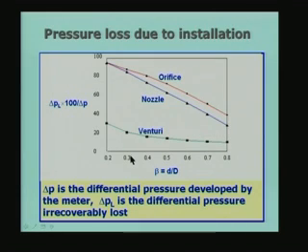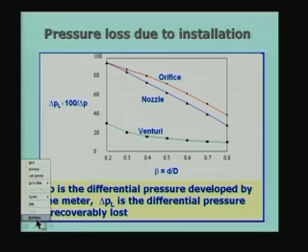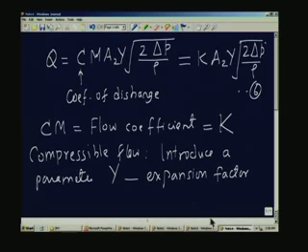So, now we will look at why we have 2 or 3 different types of meters when one of them can possibly be adequate. The pressure drop: if you remember, I mentioned that the pressure changes from the entry to the second section, the pressure goes down because of the change in the velocity, and then afterward the flow is again going to expand to fill the pipe. So, the pressure has to recover. The pressure recovery process is not the same in all the 3 cases. Let me just digress a little bit and show what happens to the pressure recovery.